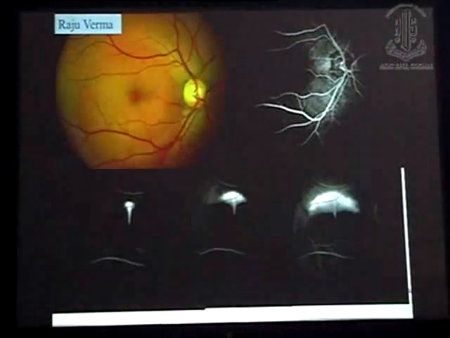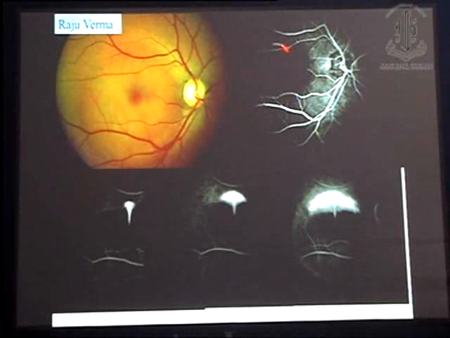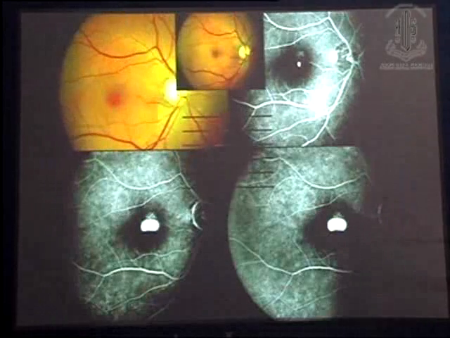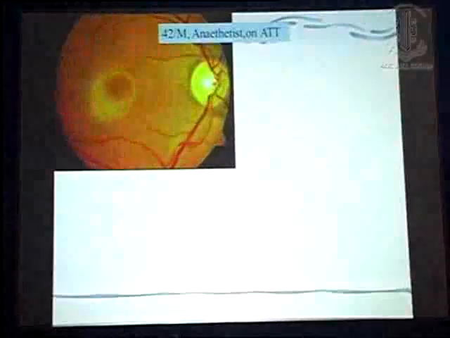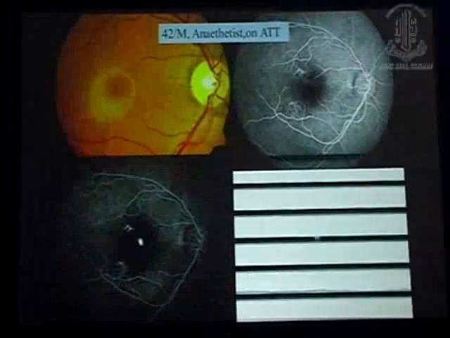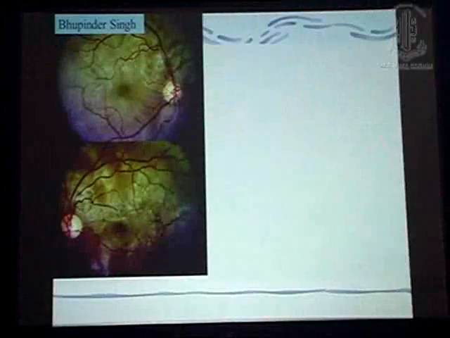This is another patient who has, you see, in the early phases, starting this leak here, and then typically assuming this umbrella shape, which is a typical smokestack leak in CSR. This is after resolution, the same patient. In the acute phase, you may have umbrella, but later on it becomes an ink blot leak. We'll just skip this because we cover a lot of entities.